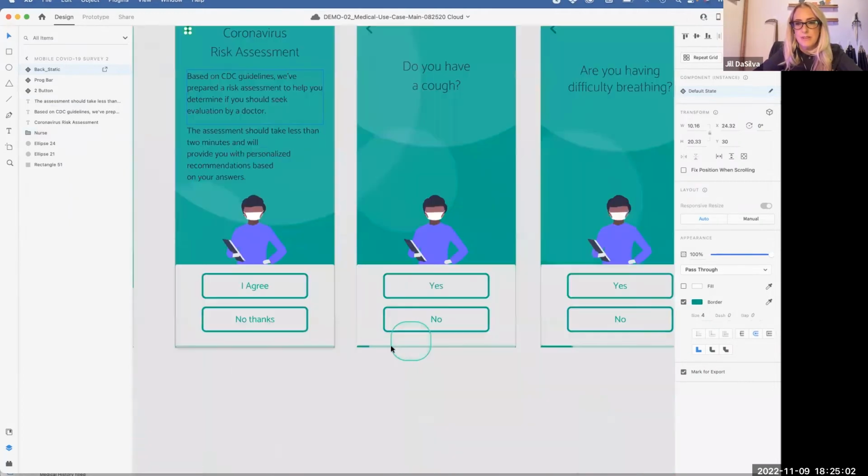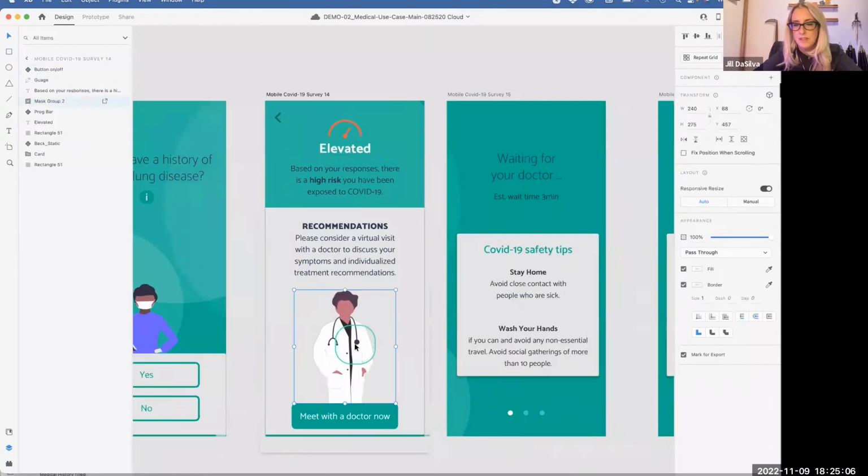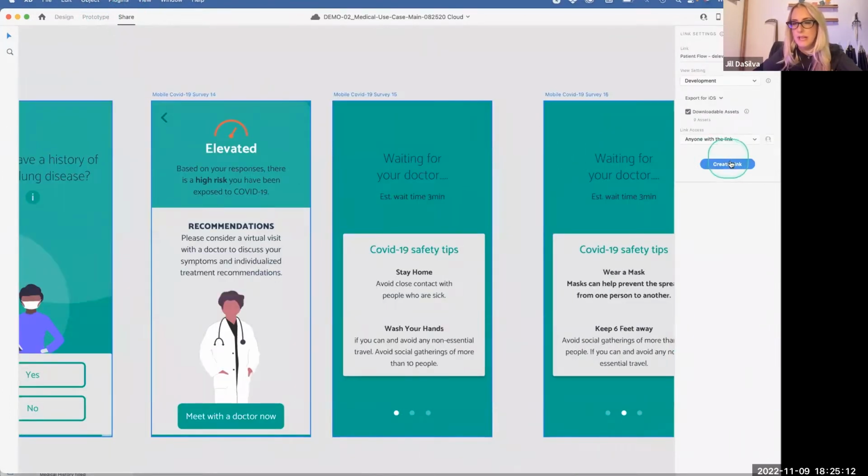And what else? Sometimes I might give them a button or something. Let's see if this doctor, yep, this doctor is also marked for export. So we're good to go here. I'm going to go to my share. I'm going to create this link